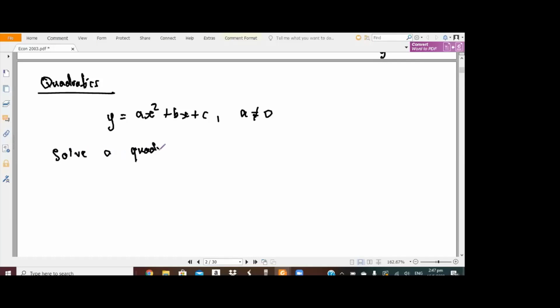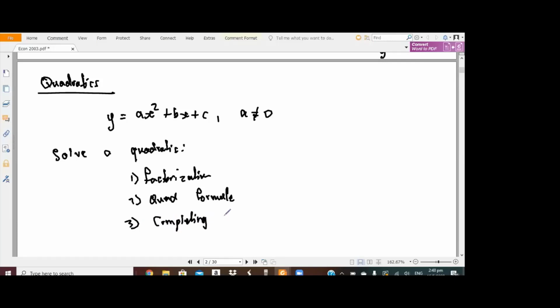So to solve a quadratic, we have 4 different methods, but on an exam paper, we can only ask you about 2 or 3. So the 4 methods are factorization. I hope you know to factorize. The next method would be the quadratic formula, the quad formula. The next method is completing the square. Highly unlikely that they'll ever ask you to complete the square. And the next method is a graphical method, which nobody's going to ask you that on an actual exam paper. So I'll recommend that you focus on the first 2 here,